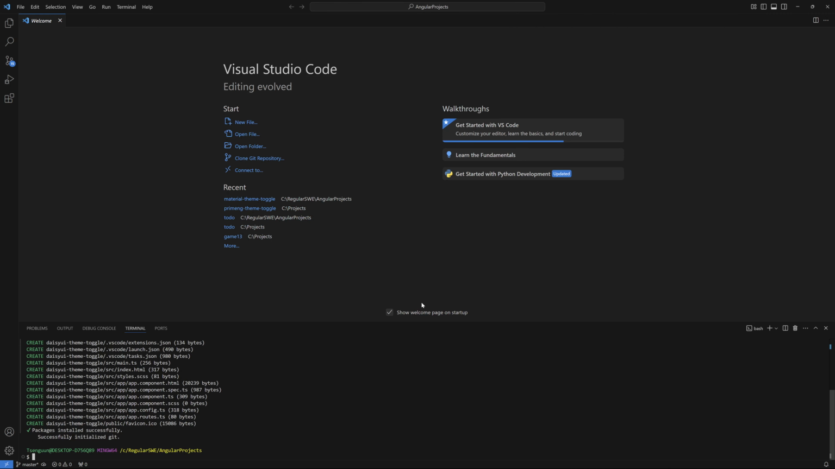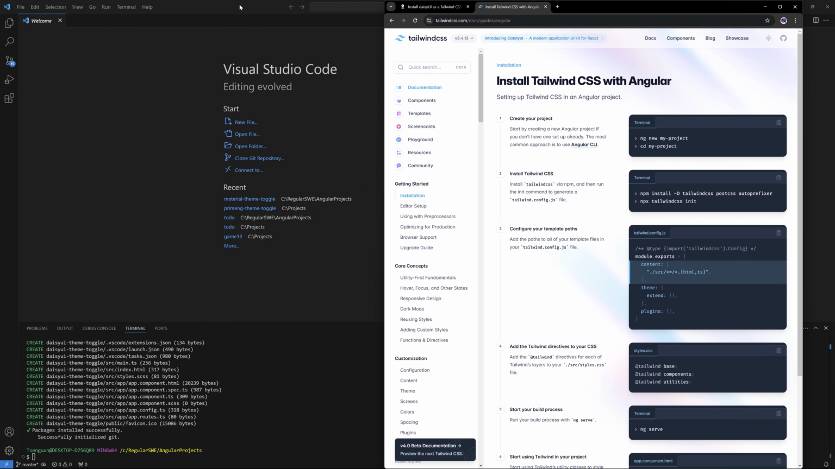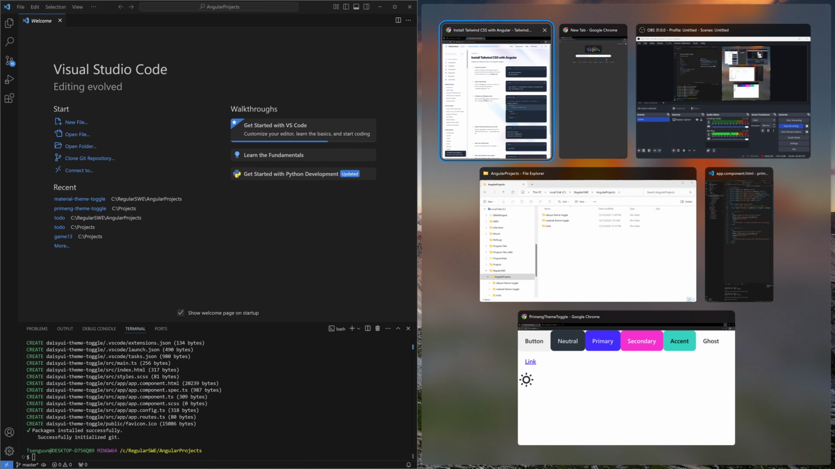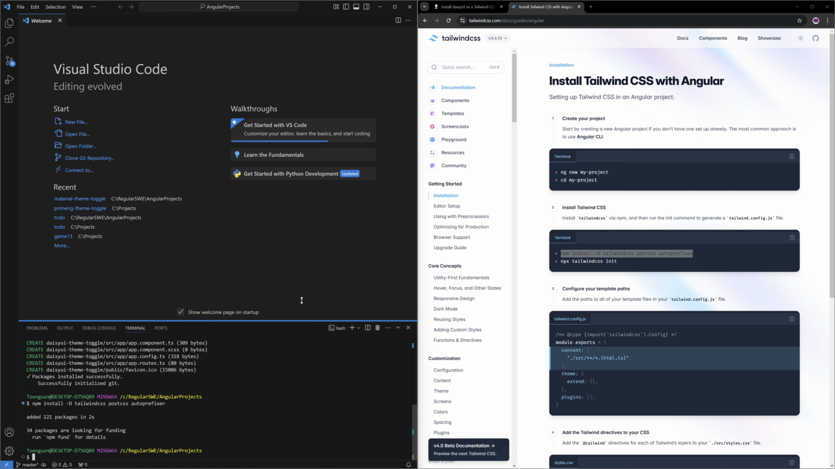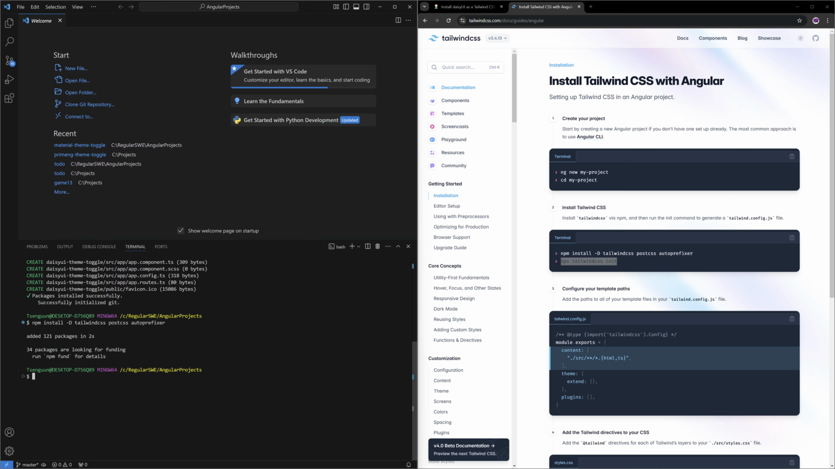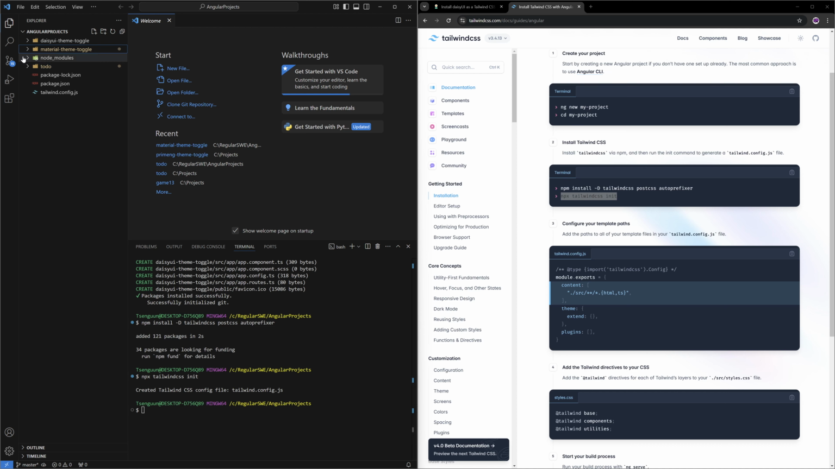Okay, so now it's done. I'm going to install Tailwind now. I just created my project, and then I have to install the Tailwind packages, right? The next step is to initialize the config file. There's a config file in Tailwind, and this command will create the Tailwind config file, which is